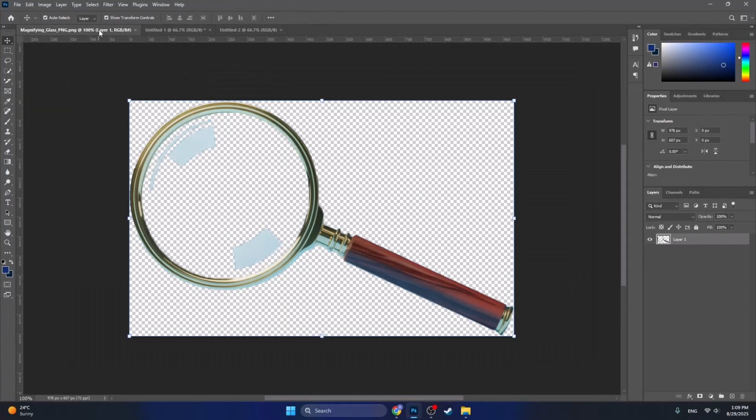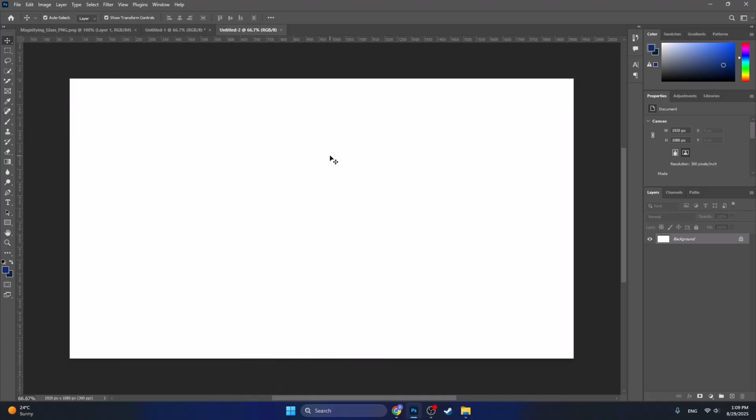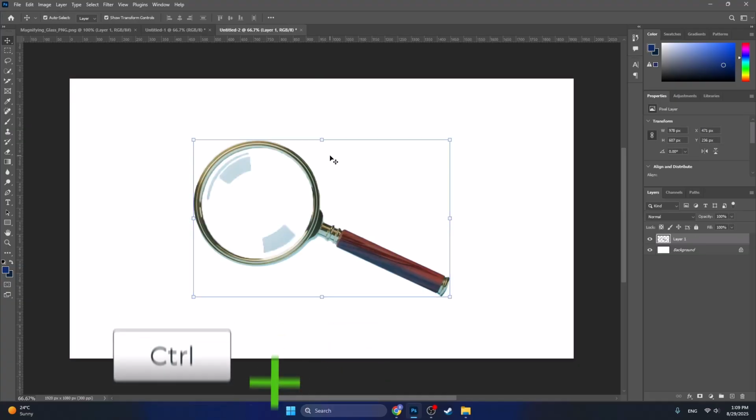And now let's go back to the original project. Select the layer, the PNG, Ctrl and C to copy, and now let's go back to the bigger project and press Ctrl and V to paste it. And now in order to readjust the size of a PNG in Photoshop, you can simply drag and drop it